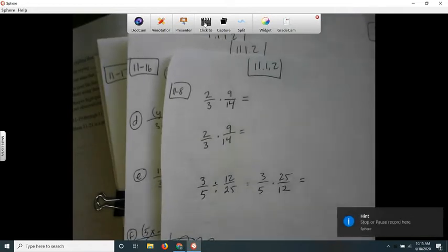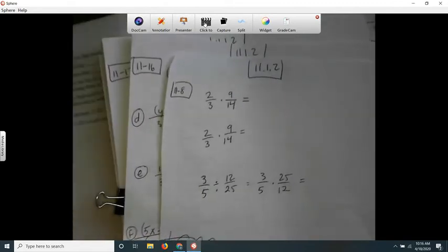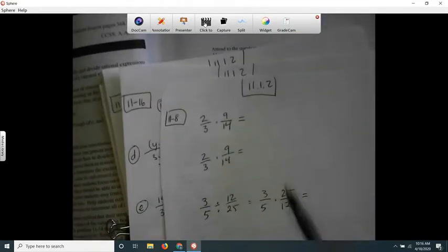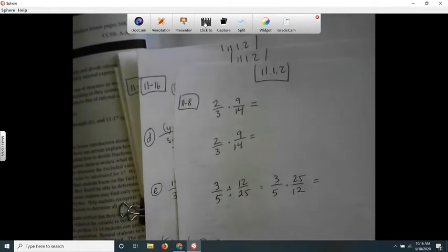Here's your Integrated 3, 11.1.2 lecture. And in the very first problem, they ask you to go back and revisit 11-8. And 11-8 wants you to just remember how fractions work. So